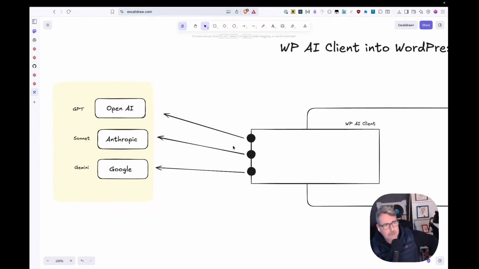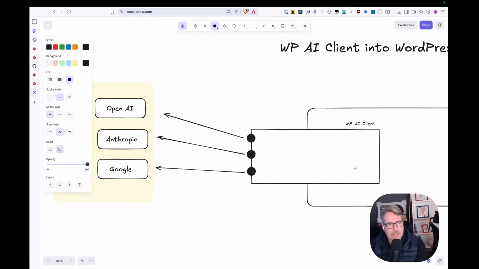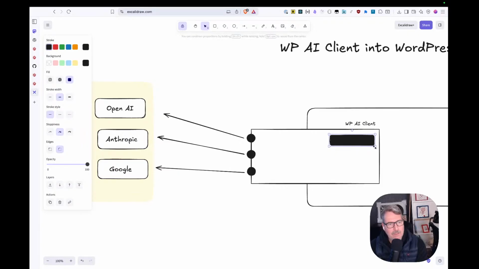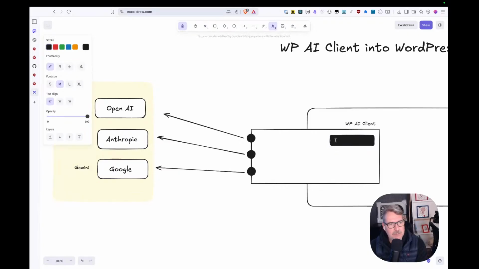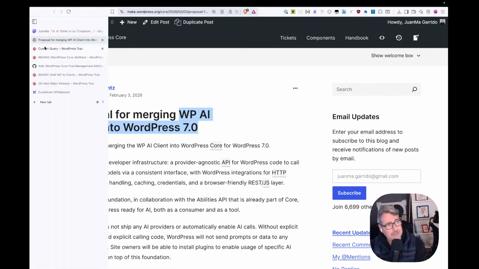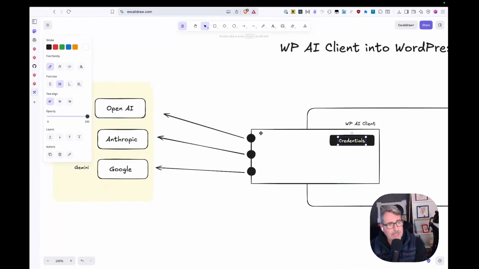And in order to interact with these models, we need some credentials. And that's one of the things that WP AI client will manage. So there will be an internal management of the credentials. Then caching is interesting because on every request,